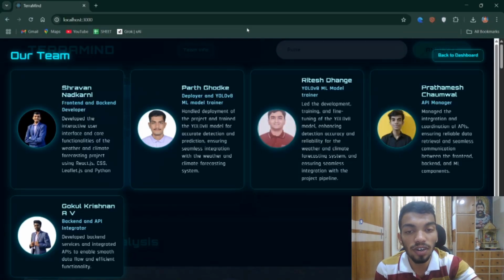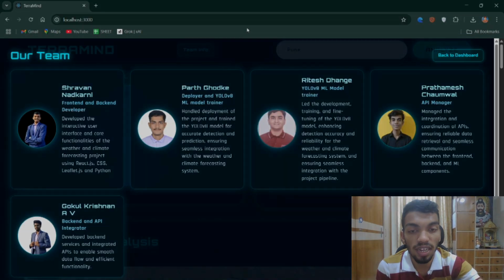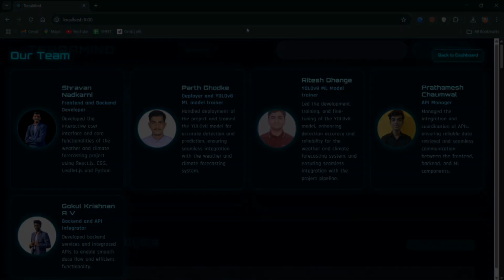By tightly coupling backend logic with frontend, statistical modeling, and dynamic third-party visualization, TerraMind delivers a complete full-stack